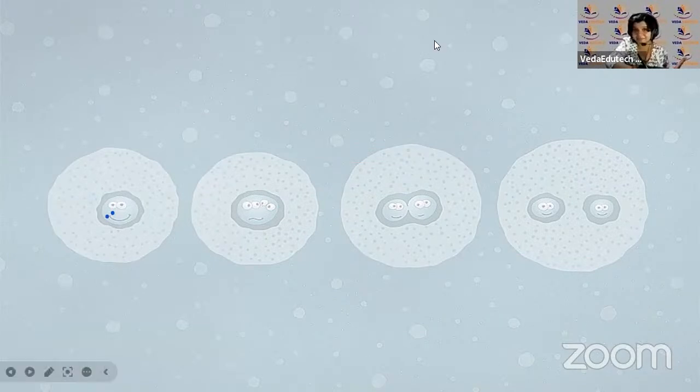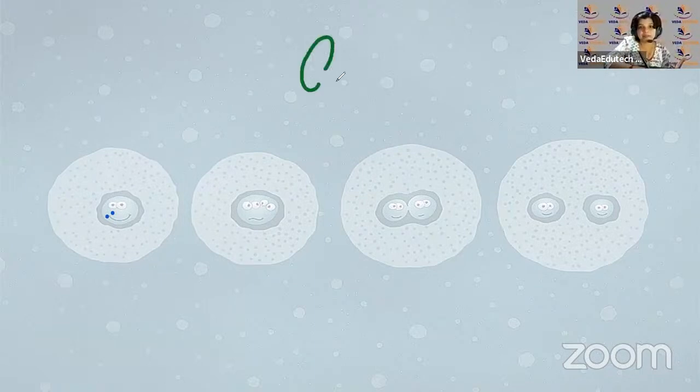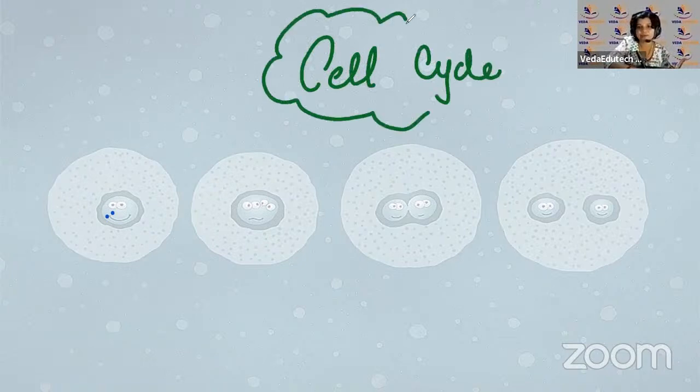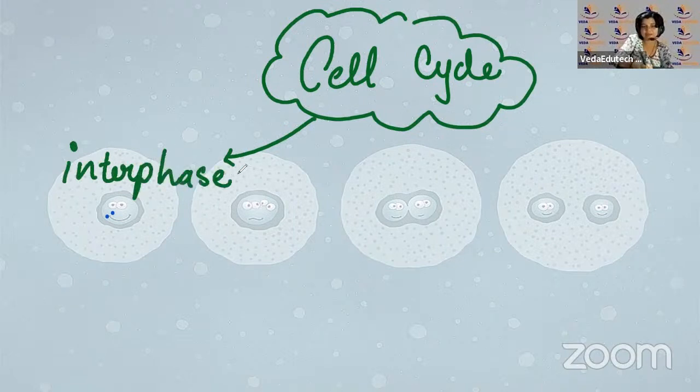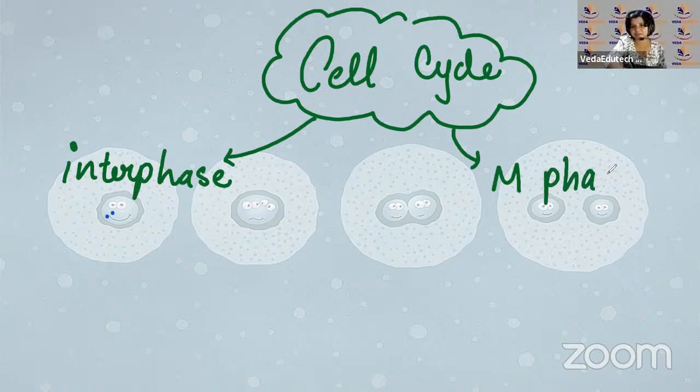We were talking about cell cycle, and yesterday we studied that the duration of cell cycle depends on what species it is, and even in the same species, different cells will have different speed of cell cycles, right? Because of that, we divided cell cycle into two phases, right? The first phase is called interphase. What is interphase? Interphase is the gap between subsequent divisions, right? Between two M phases. Second is M phase. Interphase is also called resting phase.